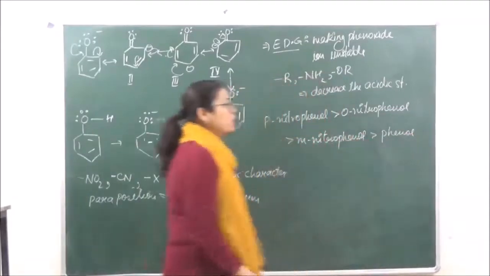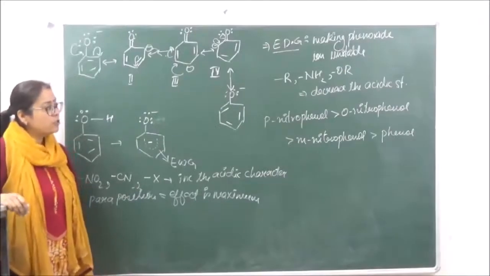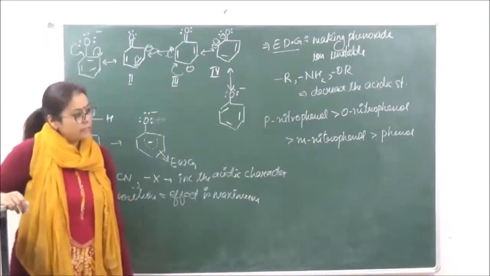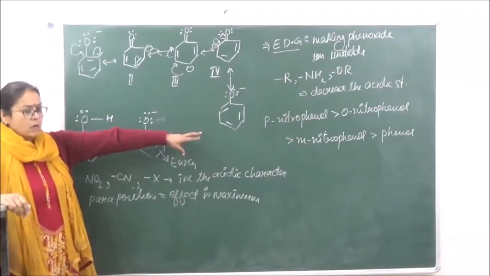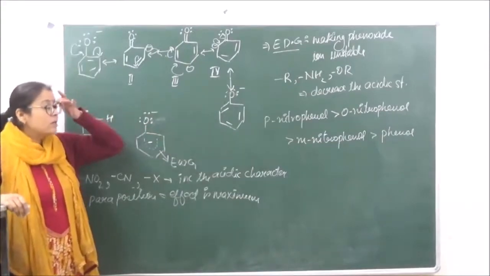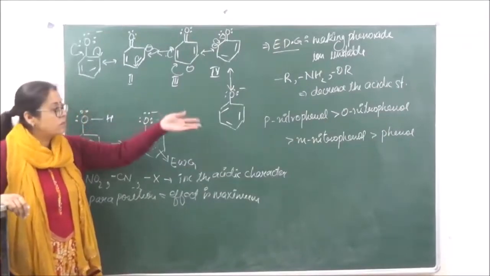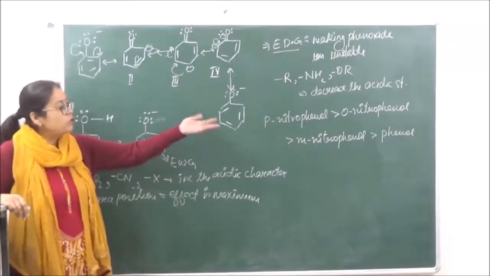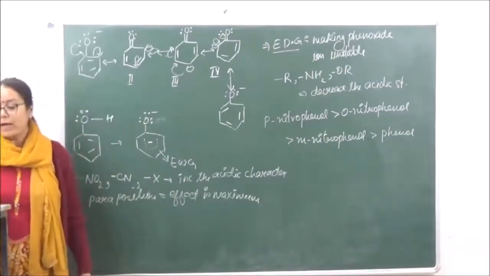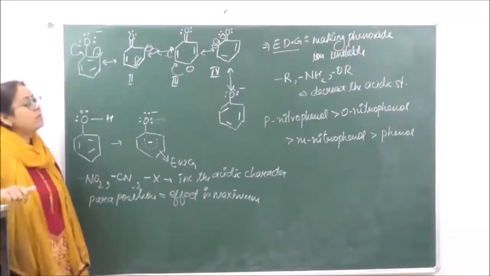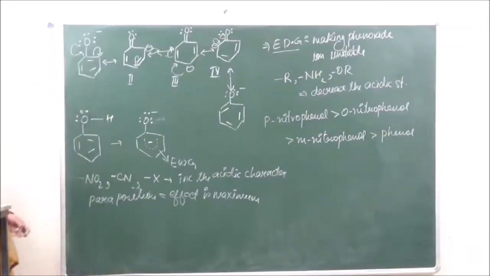So electron withdrawing groups are going to increase the acidic strength, whereas electron donating groups are going to decrease the acidic strength. Generally in competitions, you will get a question like this, and this is important. They will give you various trends, and from that you have to take the correct choice. So you need to remember that all the electron withdrawing groups are going to increase the acidic strength, whereas electron donating groups are going to decrease the acidic strength. So this is the first reaction, that is phenols as acids.